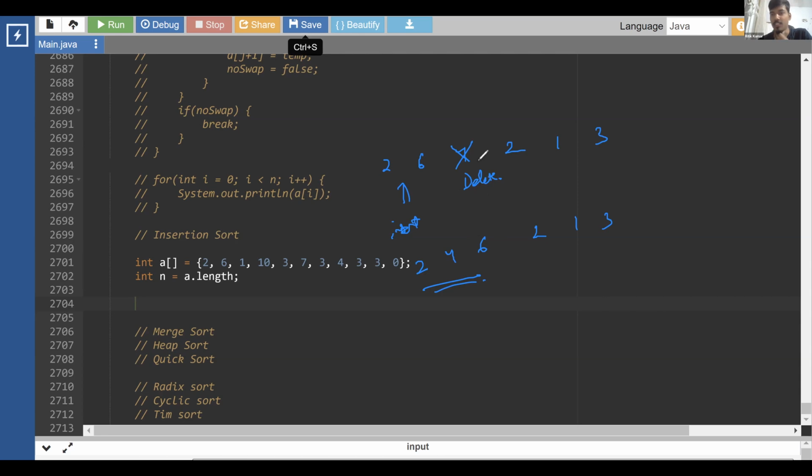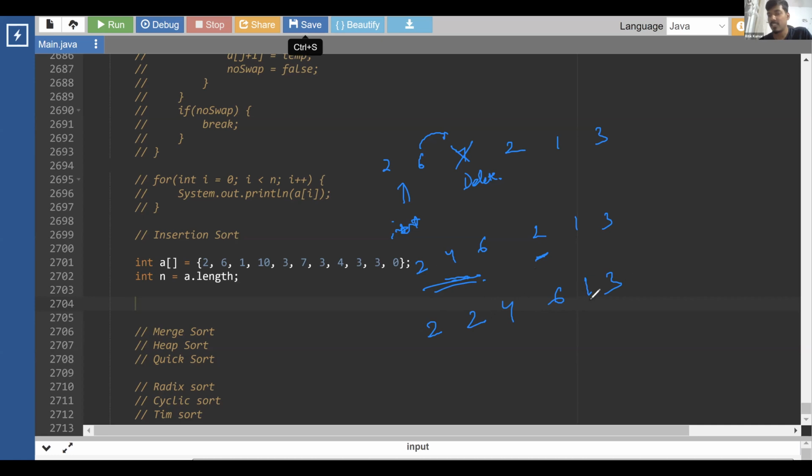Shifting, yes. So every time we can shift to the right. We'll shift these numbers to the right, find the correct position, and then insert 4. So in this case, we'll shift just 6 to the right. 4 will be stored in something else and we can put 4 into its correct position. Next iteration, we got 2. So what we'll do is we'll shift 6 to here, we'll shift 4 to here, and then we'll find out,